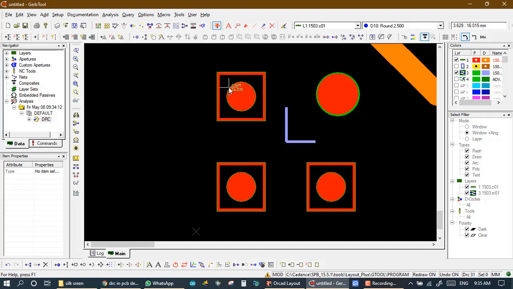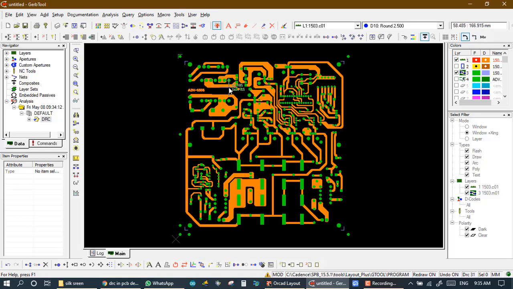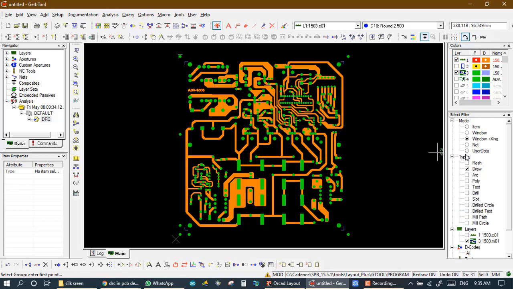If in any case in DRC we don't want to check this area, then we make a group like this. I will make a group with all types on, and I will make a group outside of the PCB where we don't want to check DRC.